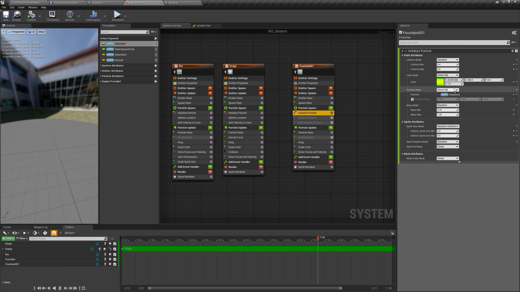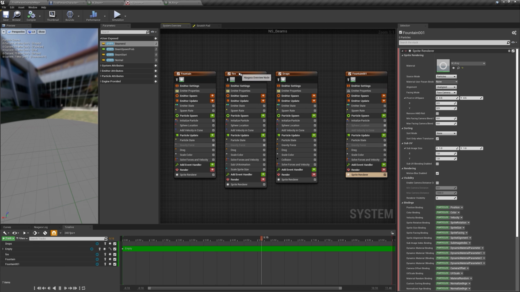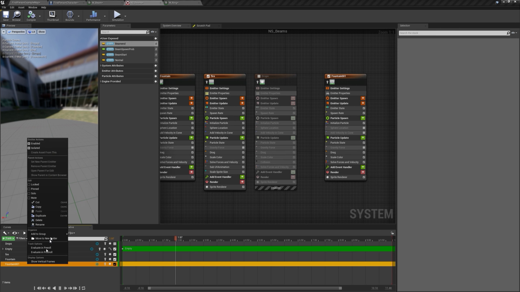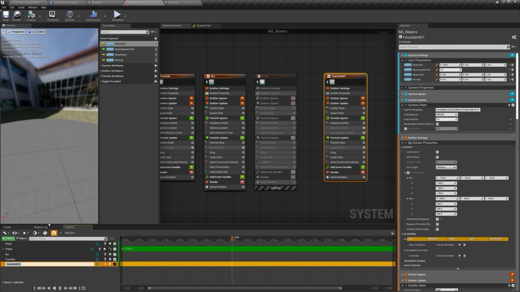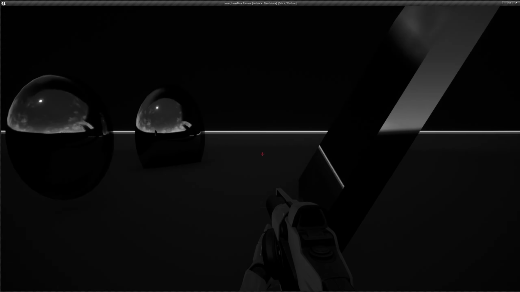And now we will go to the initialize particle and we will set the size to 5 and 10. Now we can go to the sprite render and change the facing mode to custom aligned. So now I will just disable the fire and the drops so we can see our rings. So I will just rename this to rings. And now if I press play,